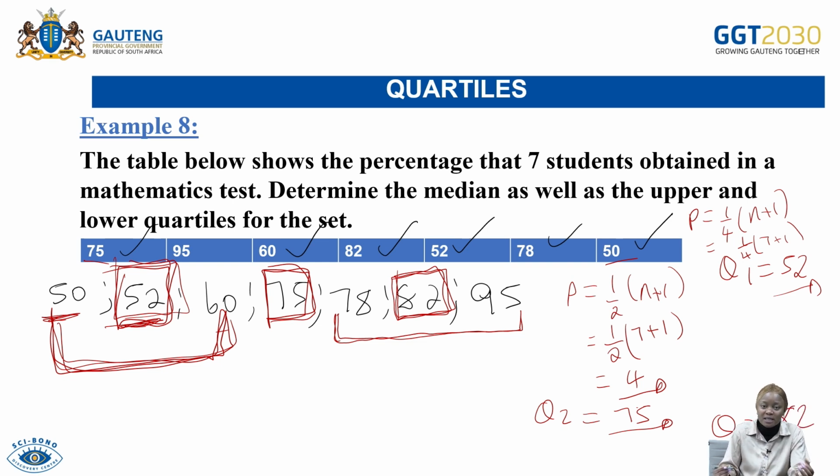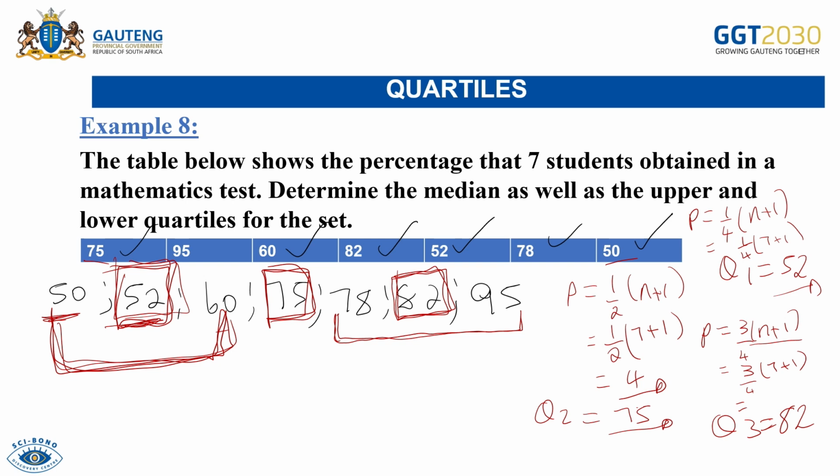But what if you had a lot of data? You can just find the position. The position, I said, is 75% of the data. So it is going to be P equals 3 over 4. Then you multiply that by N plus 1. So it is going to be 3 over 4, your N, you've got 7 data values, plus 1. Then just put everything in a calculator, and you'll get